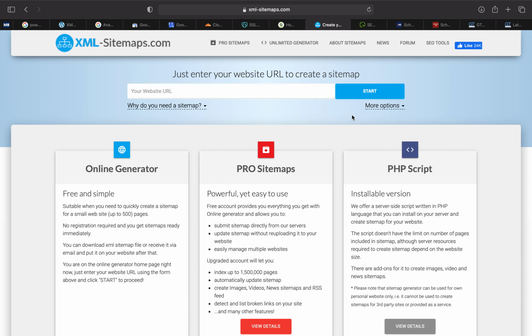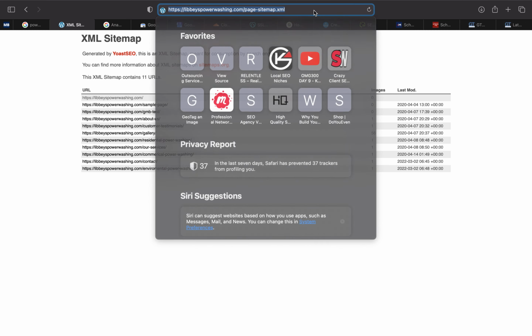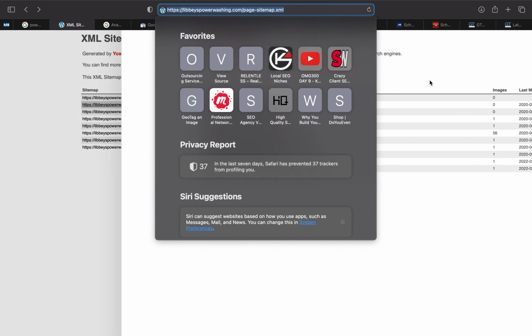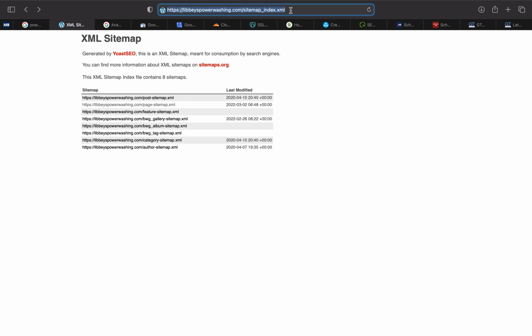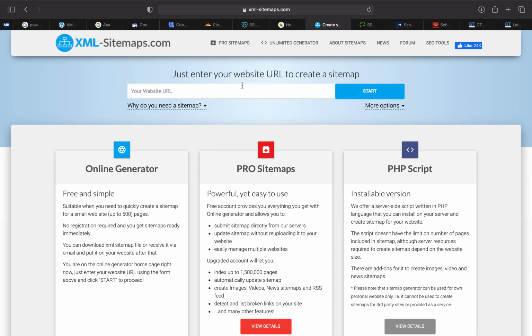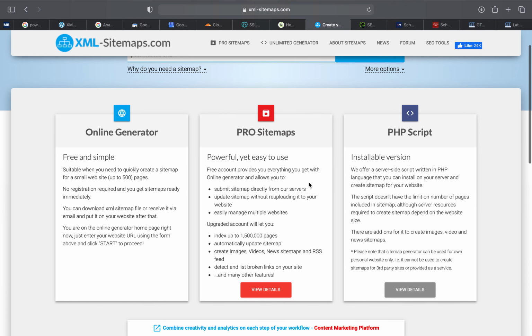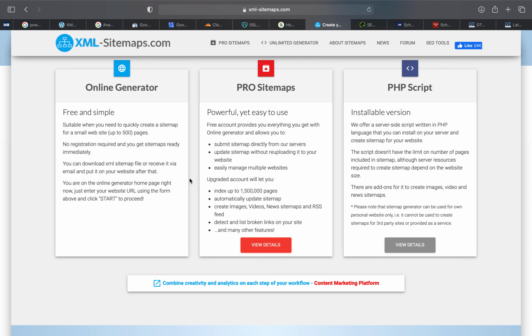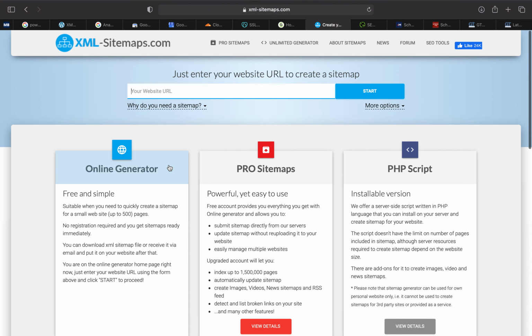If you don't have one, just go to your website and do exactly what I just did. Just put in sitemap. That one is page.sitemap. But sitemap.xml, if it has something different, it should redirect like this one did. But sitemap.xml to see if you have one. If you don't, it's very simple. Just put in your website URL, hit start, and it's automatically going to give you a sitemap. And all you need to do is just take that and upload that and put that into your website, okay? Into the website. It's called the head section of your website. You also want